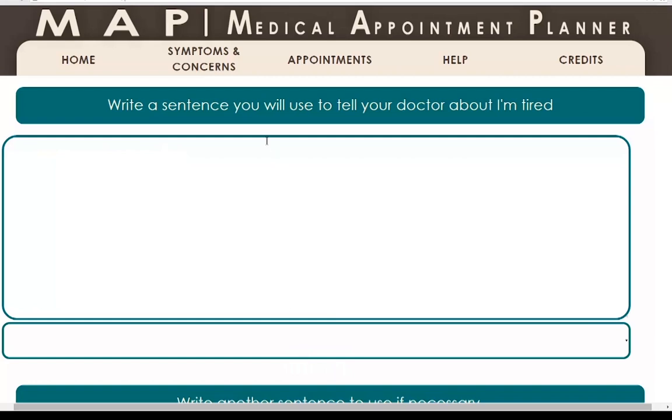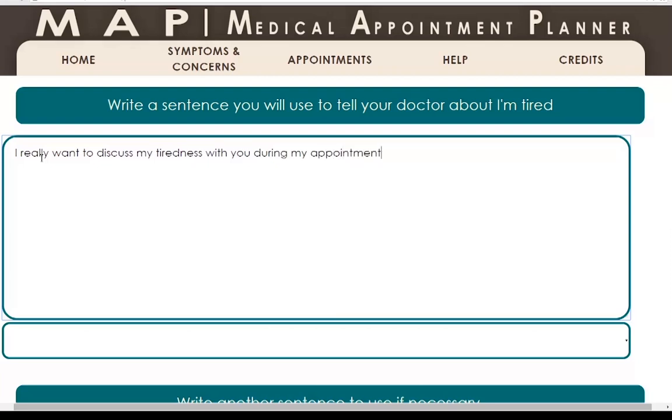Now let's prepare for introducing your symptoms to your doctor. It can be hard to initiate with your doctor something that you wish to talk about. For example, you might say to Dr. Smith, "Dr. Smith, I really want to discuss my tiredness with you today before the end of the visit." When you're finished, we go down to the next block